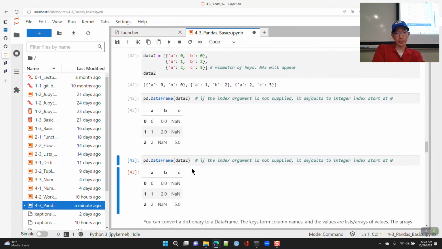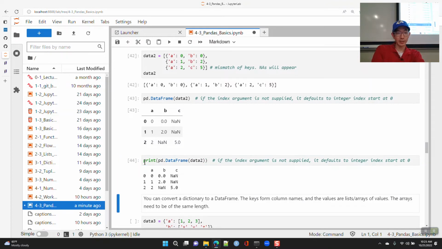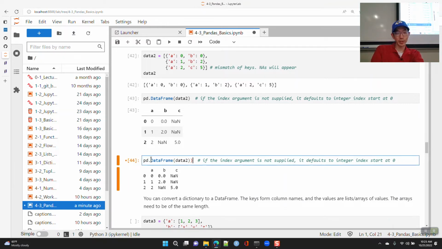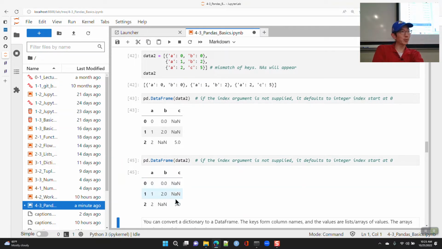So when you call print on a data frame, it prints it out in fixed width text. And when you don't call print and you just have it return the data frame, then Jupyter formats it into kind of like a nice little HTML table. So a lot of times I'm not going to use print.